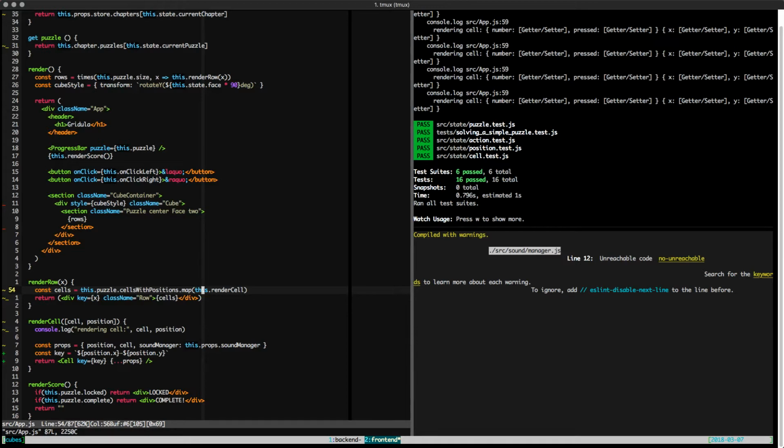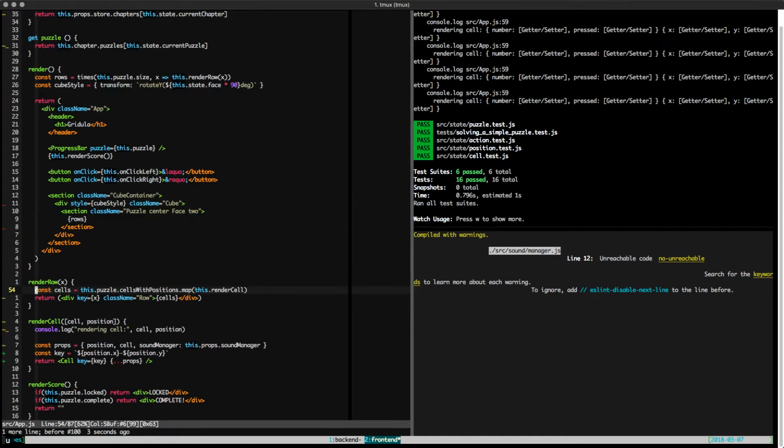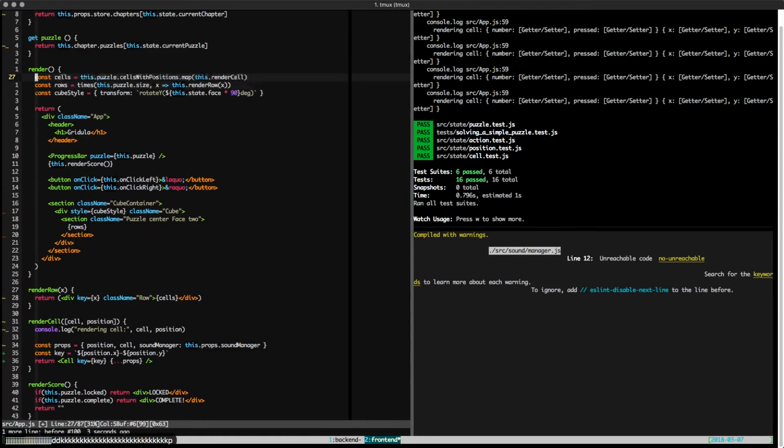Cell subposition map. So really what we want to do is this. So the cells are equal to that, and then the rows